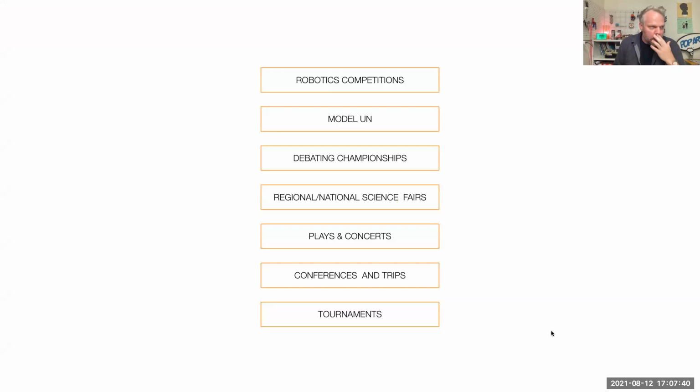So I see there's other things like that in schools: robotics competitions, Model UN is another one, debating championships, regional and national science fairs, plays and concerts, conferences and trips, tournaments. We have these mechanisms for getting kids into experiential aspects of learning that I think are really important